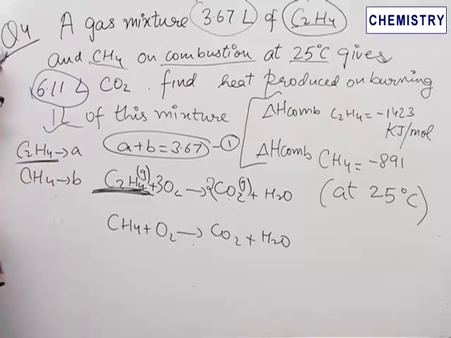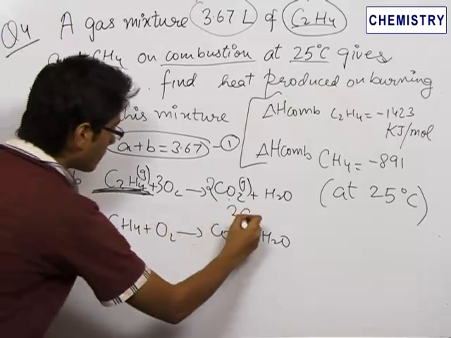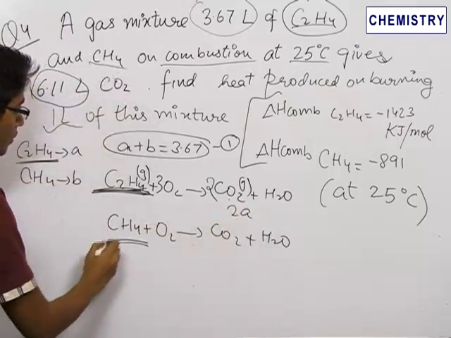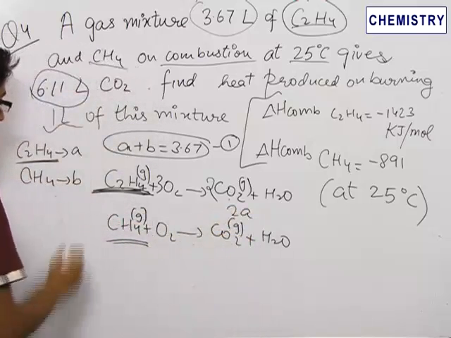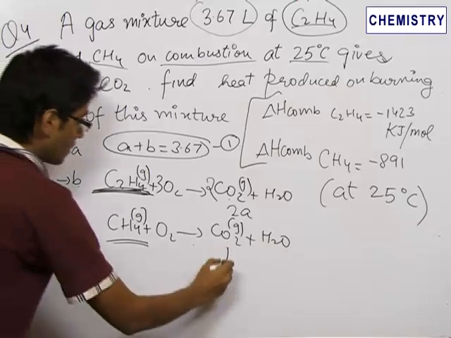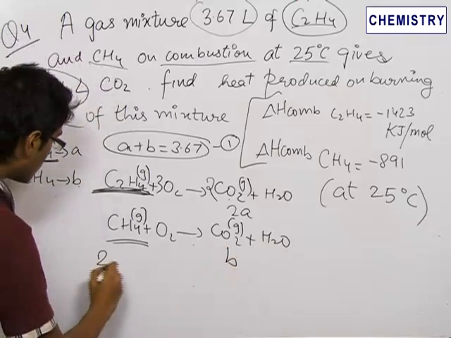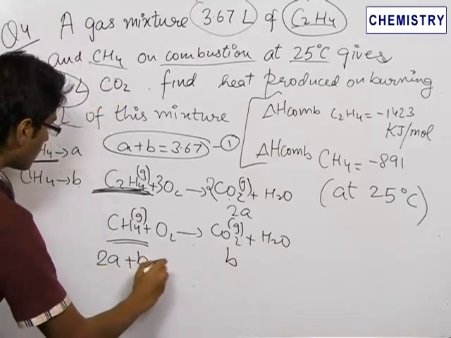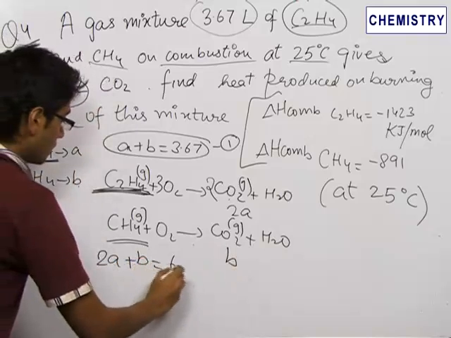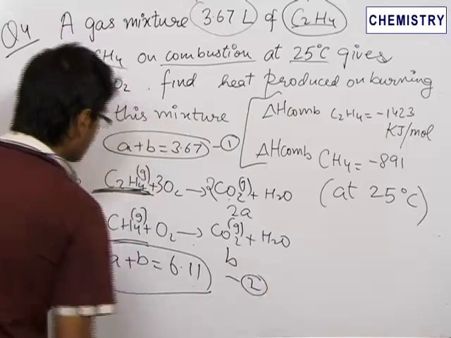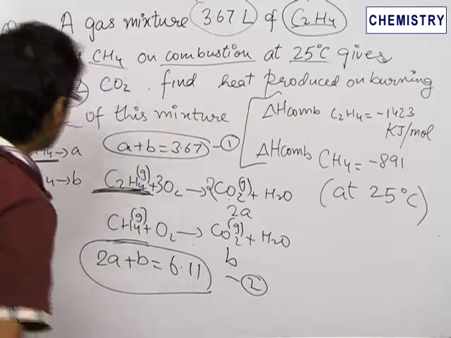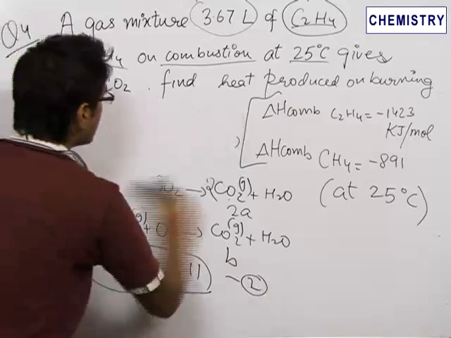Hence we can say 1 liter of C2H4 gas produces 2 liters of CO2 gas. Hence A liters will produce 2A. Similarly 1 liter of CH4 gas produces 1 liter of CO2 gas. Hence B liters of CH4 will produce B liters. Hence CO2 produced is 2A plus B, which is given to be equal to 6.11 liters. This is the second equation. On solving the first and the second equation,